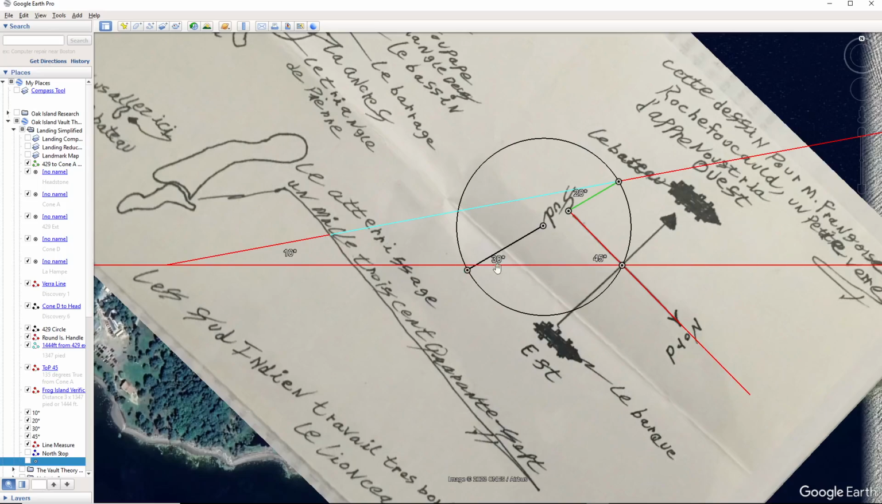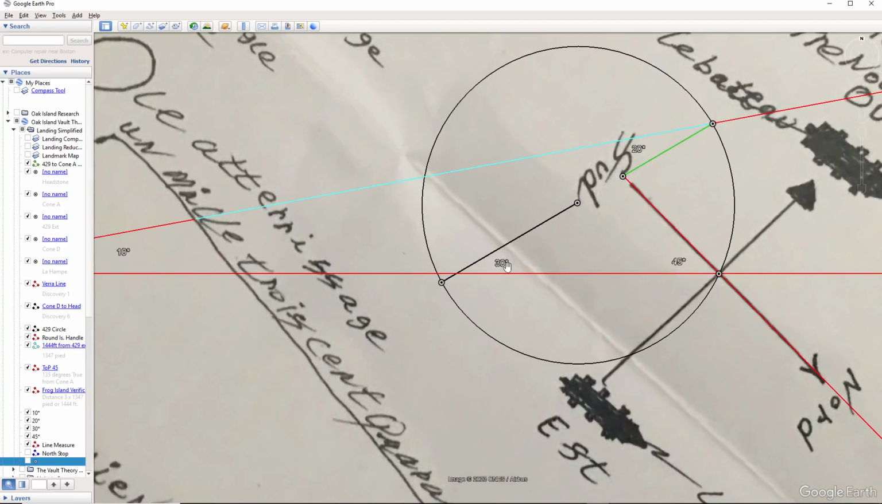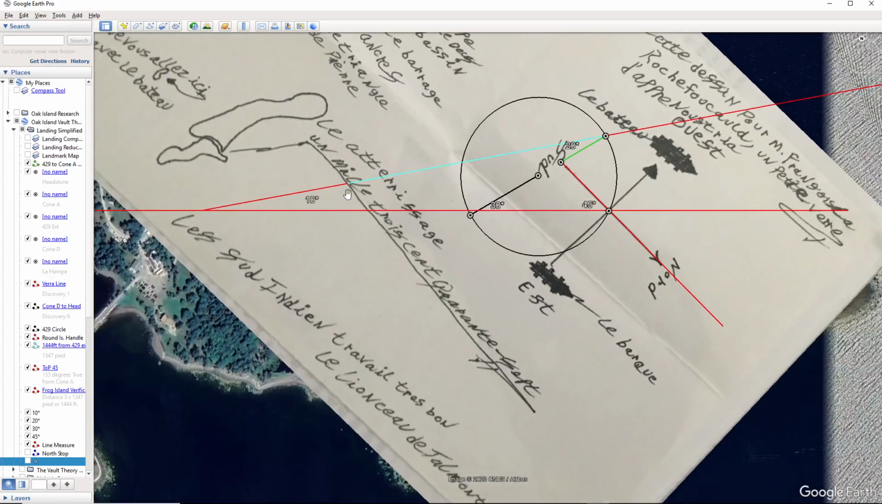Now we have our east-west line, and this line right here, when we measure it, is 30 degrees. And this line that comes off of this point here, it measures 20 degrees. And then the arrow line is 45 degrees measured from the east-west line. So we have 10, 20, 30, and 45 degree angles. Very simple. And now if we take those lines,